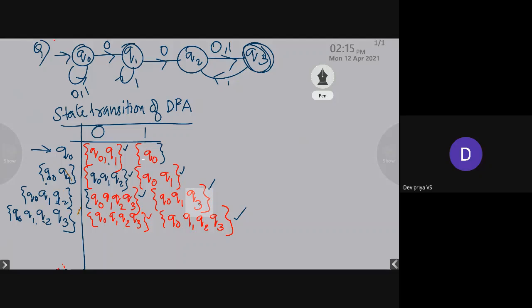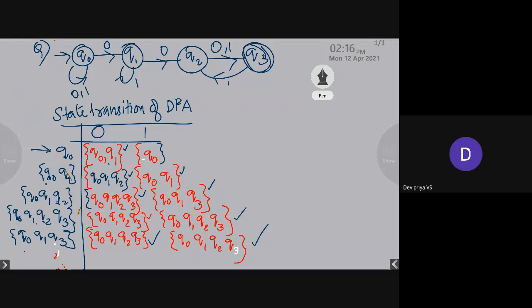The transition of this state we haven't taken. So you can obtain the transition for that too, which is Q0, Q1, and Q3. And if we take the transition for Q0, Q1, Q3, on receiving the input symbol 0, it moves to the state Q0, Q1, Q2, and Q3. Similarly, on getting the input symbol 1 from this state, it will move to the state Q0, Q1, Q2, and Q3. So these two we have already obtained. So no more new states are there. So we can stop it here.